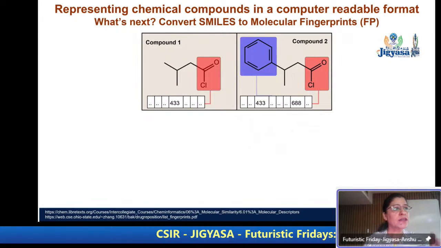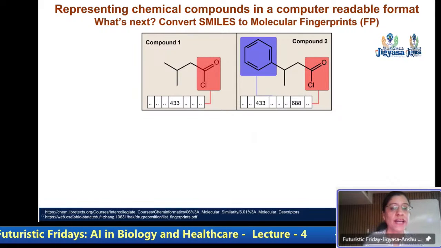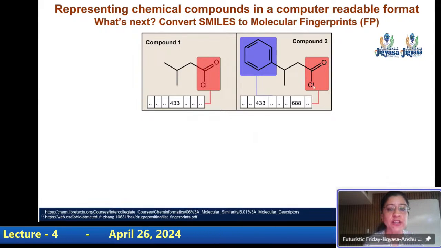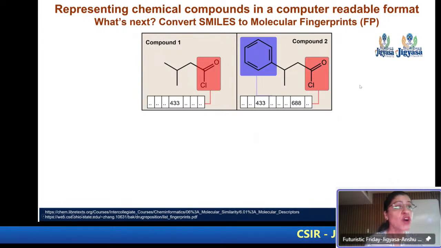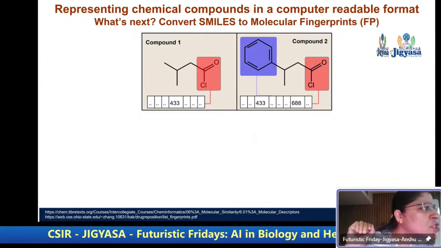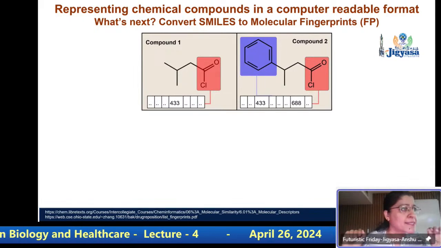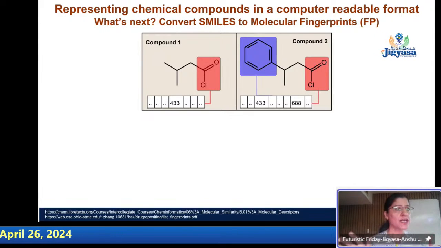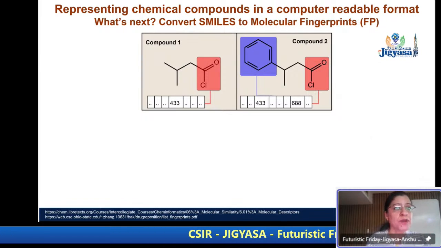Say for example, we have taken two compounds here. Compound 1, compound 2. Okay. Now as you can see, compound 1 has a functional group shown in red. Compound 2 has this functional group, but it also has a benzene ring. Very good. Now what researchers have done over the years is they have tried to understand what is the smallest chemical entity one can represent as an index. When I say that, say for example, if I want to understand how many people in the world are with your name, what do I need?